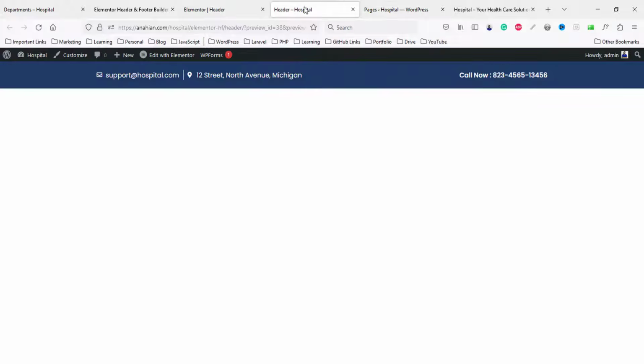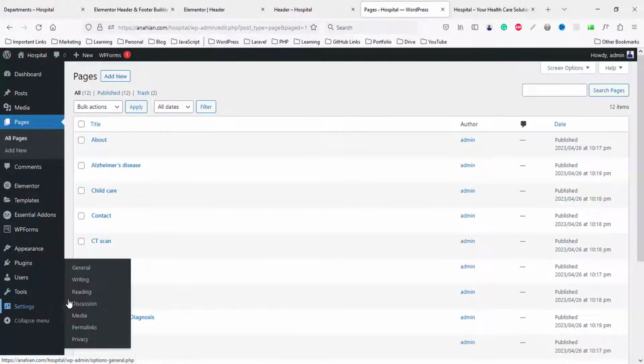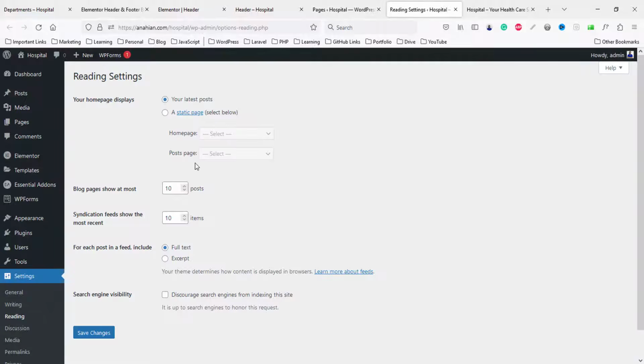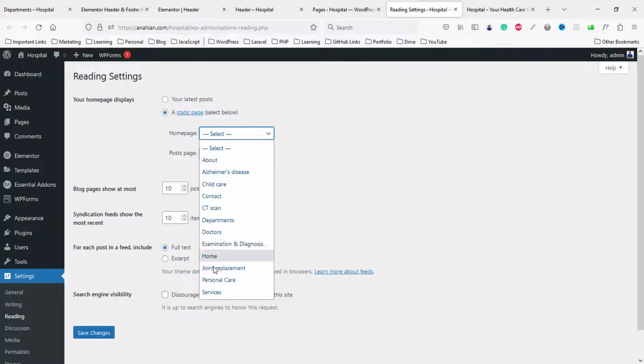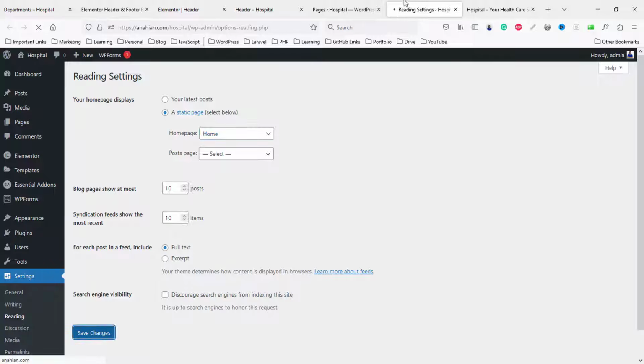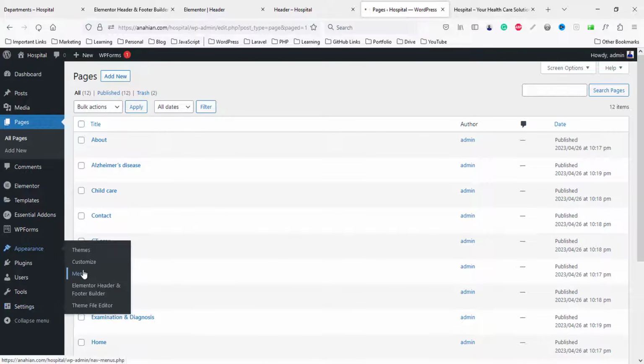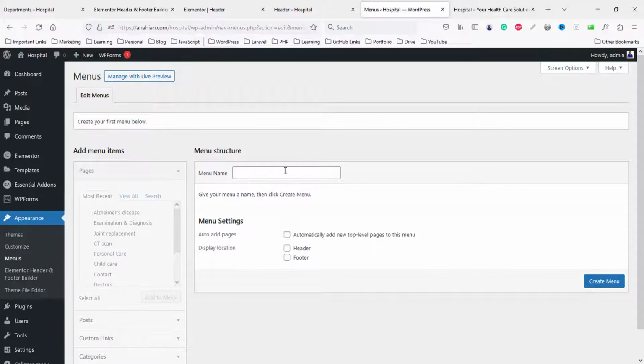So one thing we need to set. So from dashboard go to settings to reading. So from reading we can choose static page, select home. Home page is our main page, that's fine. Now go to page to appearance. So we need two menu. So first create here like main menu and location header. Okay, create menu